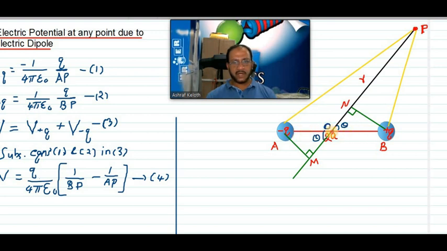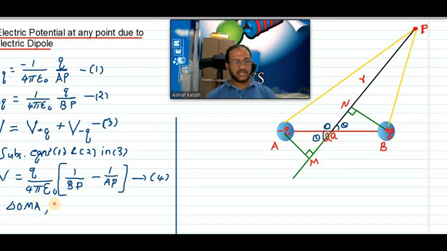We are taking this point as O. So from the triangle OMA, from the triangle OMA,